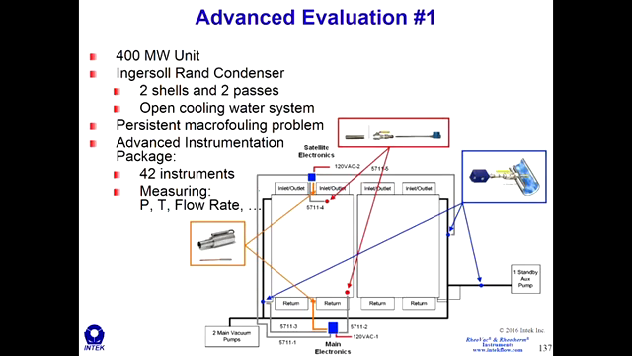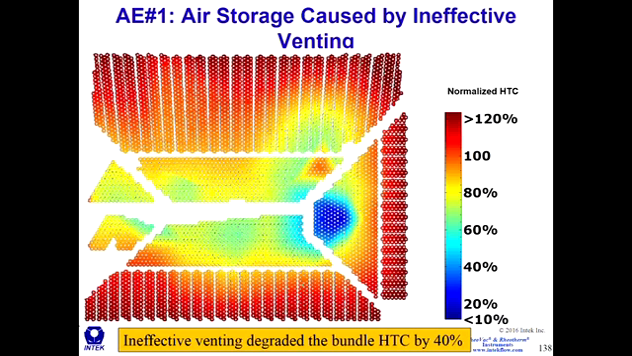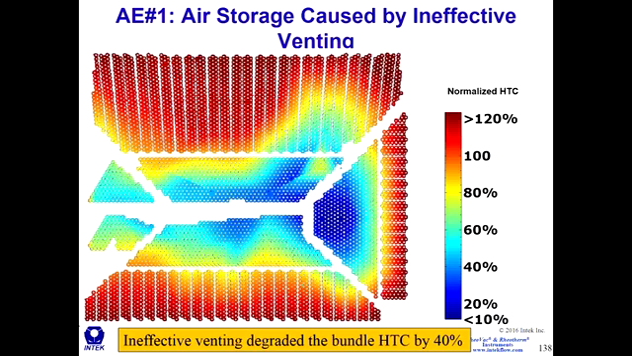Here's one of our first case studies. This is a 400 megawatt Ingersoll Rand unit. It has 2 shells, 2 passes. It's an open cooling water system. It has a persistent macrofouling problem. We installed an advanced instrumentation package including tube sheet monitors. This is the one that we've seen before. It was this tube bundle. And so we addressed 2 major issues in this particular condenser